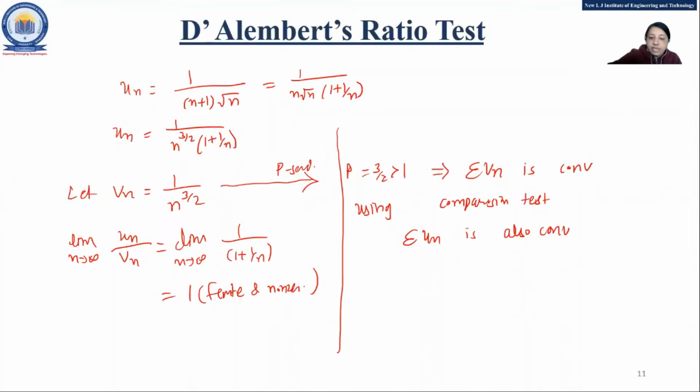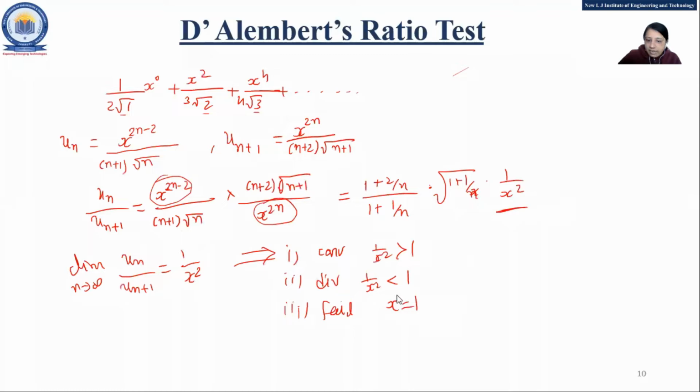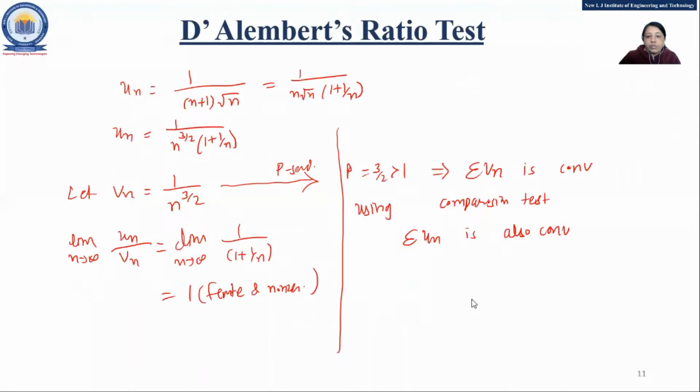Fine. So in the previous case, when 1 upon x square is greater than 1, we can say that it's convergent. Divergent otherwise. Now if x equal to 1, it is convergent. So in both cases it is convergent, that means your series is convergent, otherwise it's divergent. Fine. So when you find this type of example, when x equal to 1, at that time your test is supposed to fail, right? Okay, just note down one example for the homework quickly. Note it down or take a screenshot.